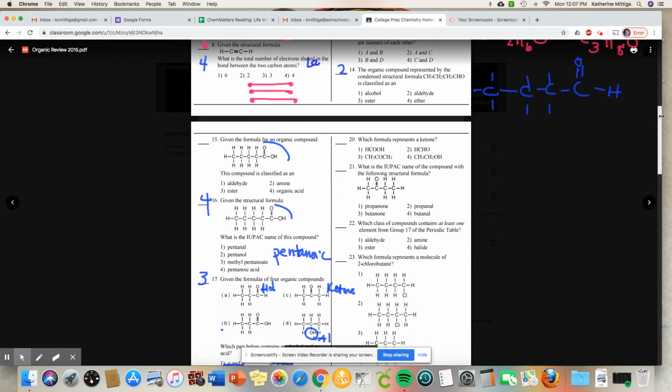Ketones. Ketones have a C double bonded O somewhere in the middle. For the sake of this, I'll draw it. HCOOH. So here's my C. I have an H. I have a COOH. What is that? Take a look. It's an organic acid, not a ketone. Number 2,